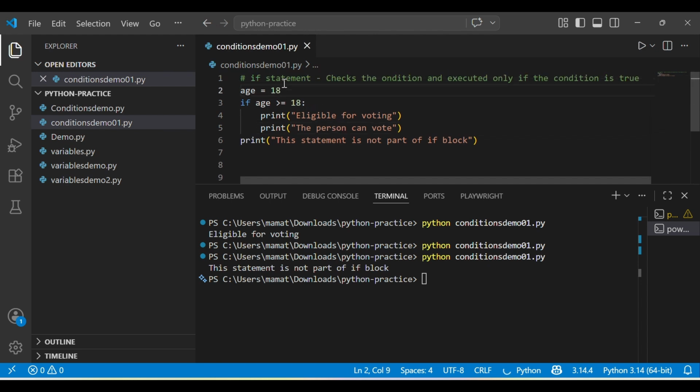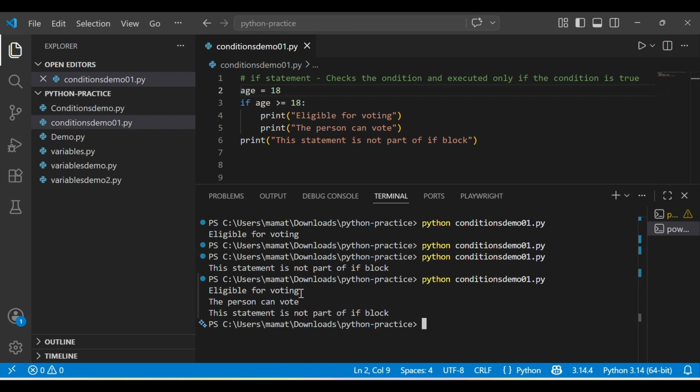So let us try to make the value 18. Now all three statements should get printed in the console. So here we can see: eligible for voting, person can vote, and the statement is not part of the if block. Okay. Now we'll try to see the if else